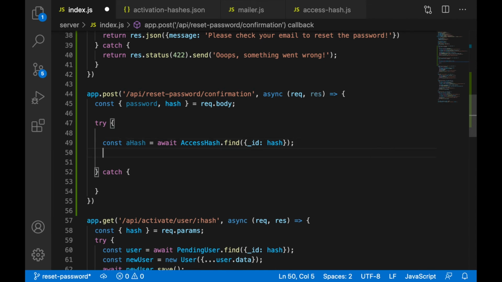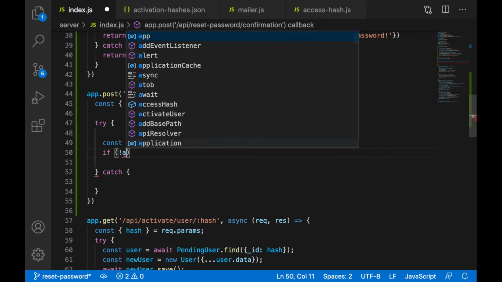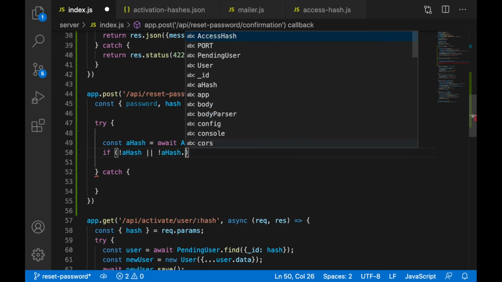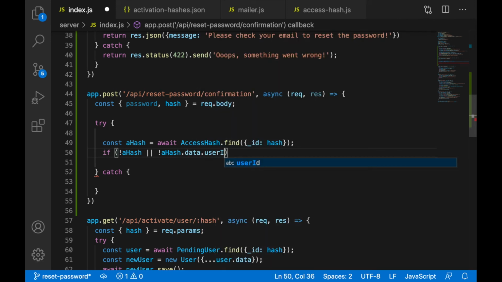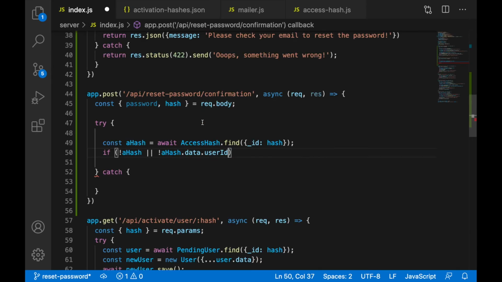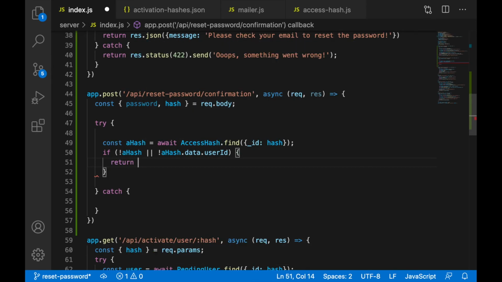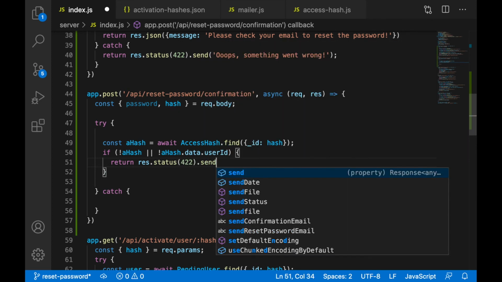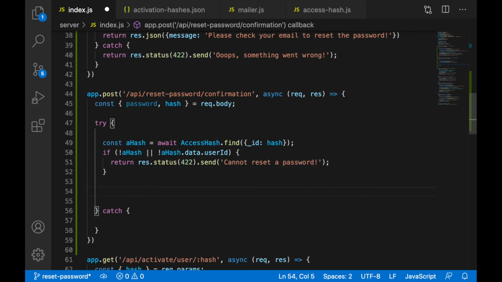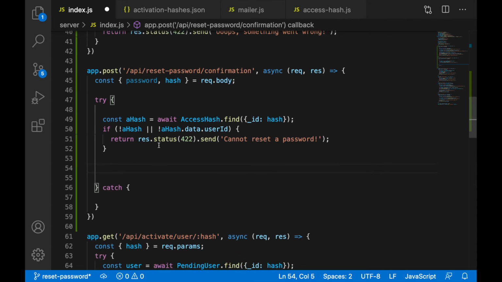Okay, and then we can check if we don't have a hash or the hash doesn't contain user ID. So if the hash doesn't contain data.userId, remember we are keeping also user ID here. Okay, then something went wrong and we can return here an error. So return response.status 422, send a message, let's say cannot reset the password. All right, otherwise let's continue. All should be good, and we can